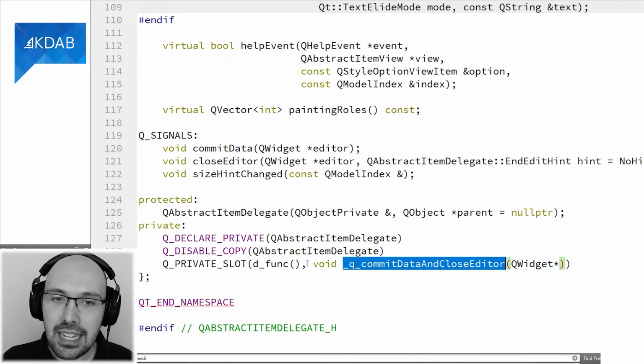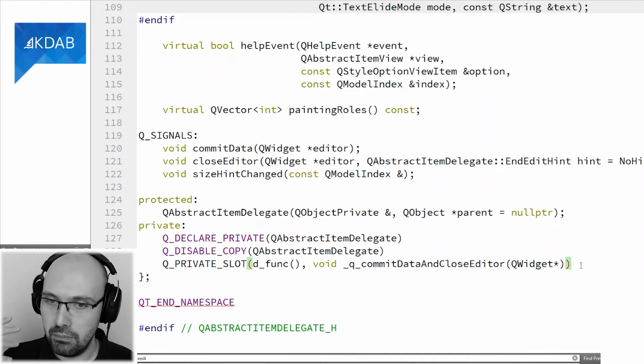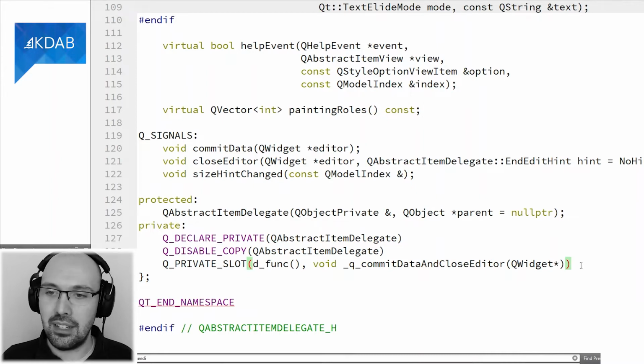Because this is, for all practical purposes, a slot. This is something that the moc is going to record and register into the meta object. So you can introspect this slot. You can invoke it through QMetaObject invoke and similar facilities. It is, for all practical purposes, a slot, except that it's not a slot that you want to invoke yourself.